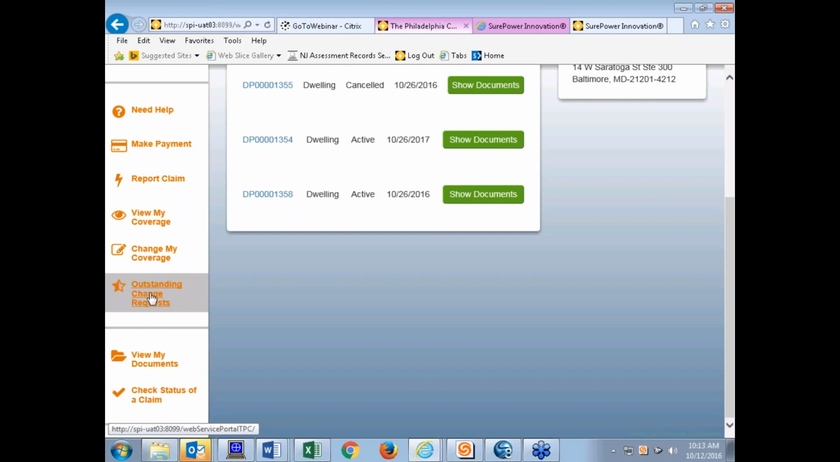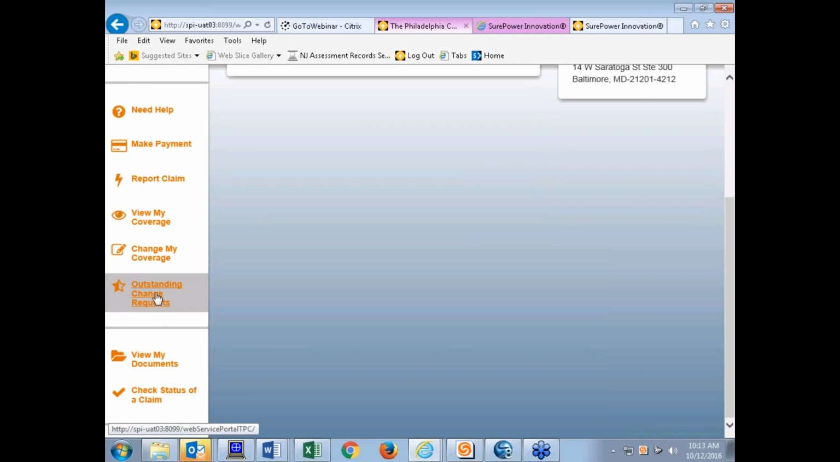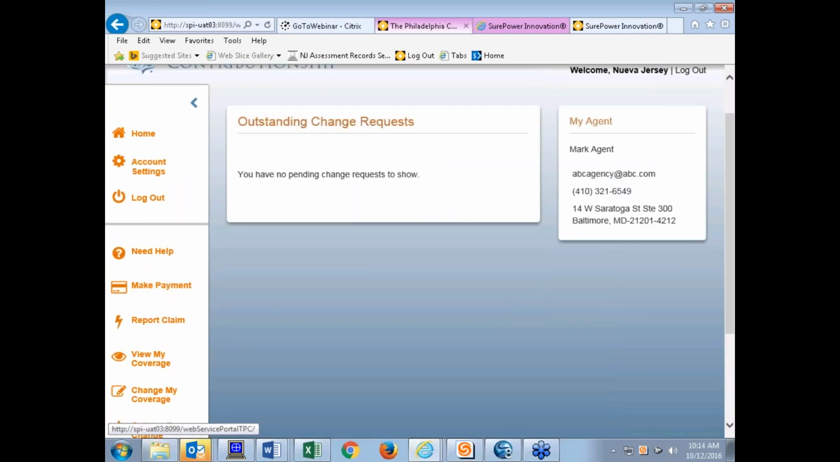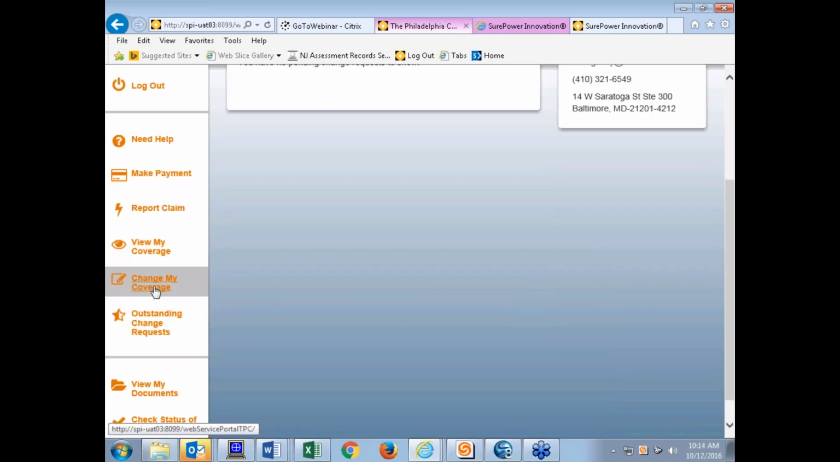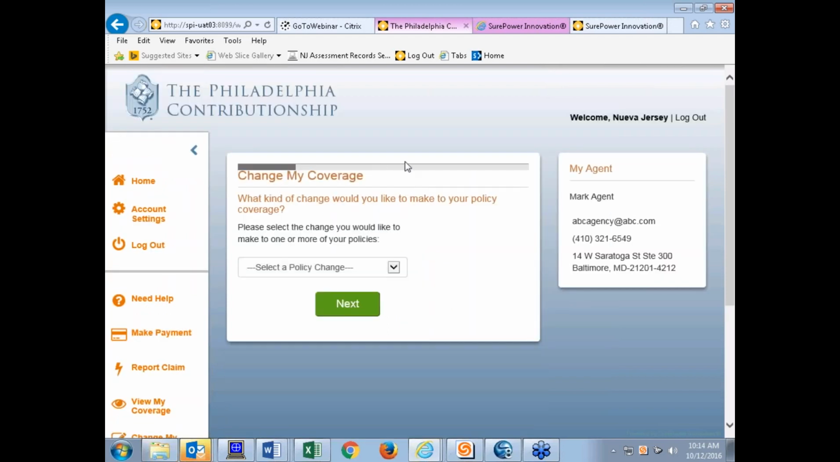All right, so check status of a claim. We kind of already touched on that as we went through reported claim. It's really the same thing. It's kind of just to zoom into that claims tile that lives at the bottom of the home screen. So let's just move to change my coverage. All right. So basically,